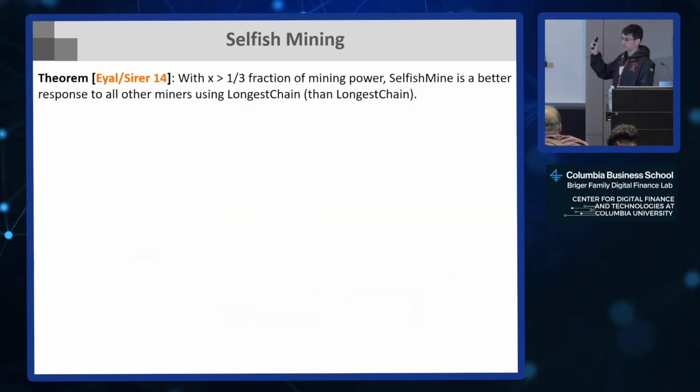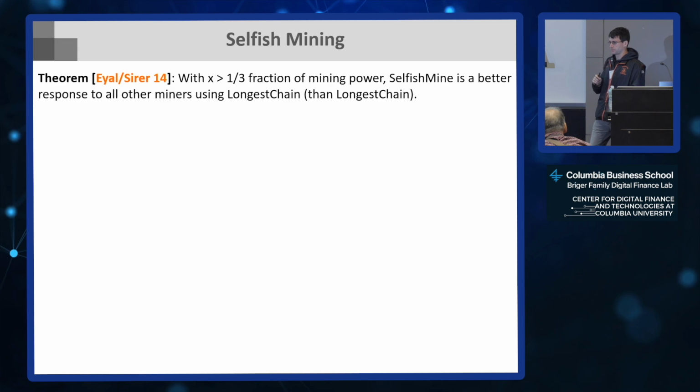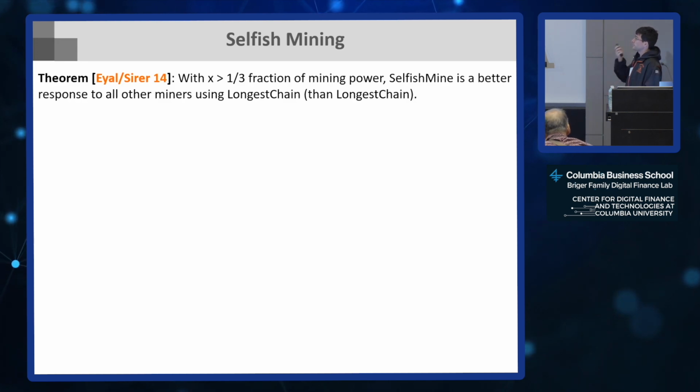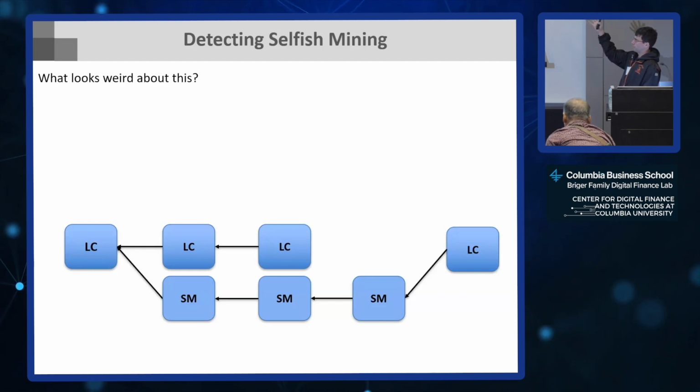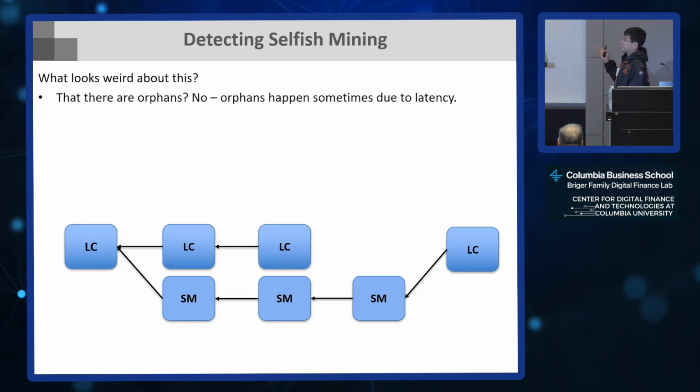Okay, so they showed this. It is strictly profitable as long as you're bigger than a third. There's a follow-up paper that showed a slightly more clever strategy that's strictly profitable as long as you're above about 32.9%. Now I want to talk about how I would try to detect that someone is doing something fishy. If you look at this picture, what looks weird about this compared to when everyone is honest? One thing you might initially think is that this looks weird because there are conflicting